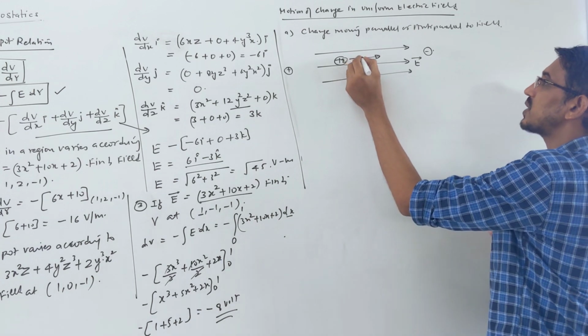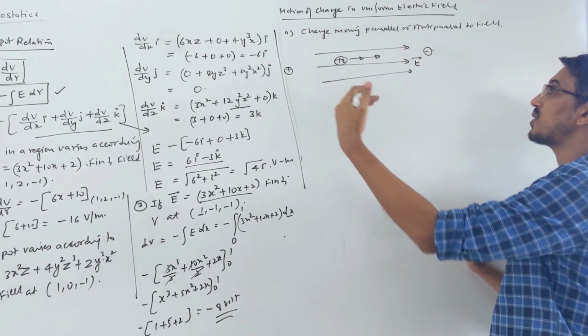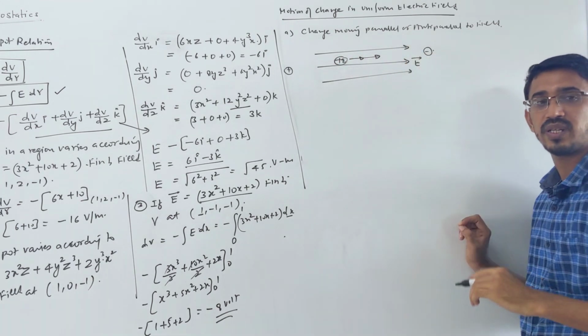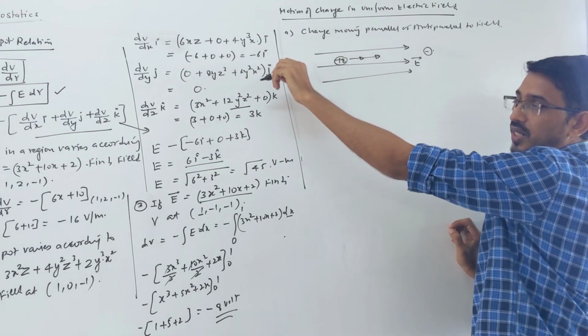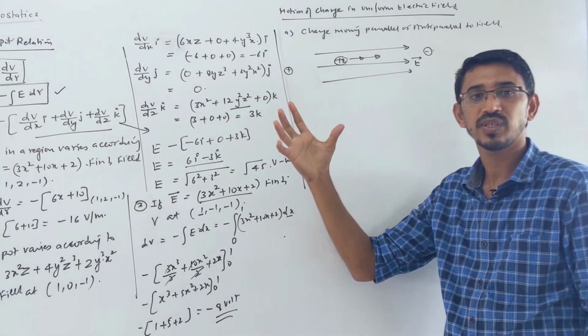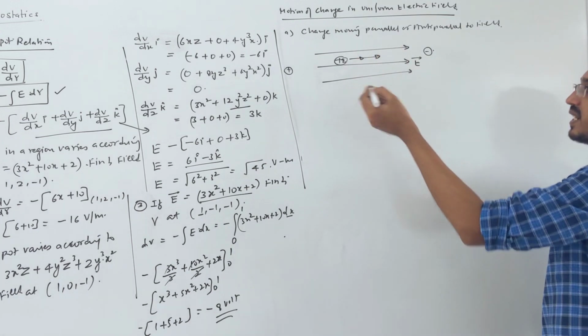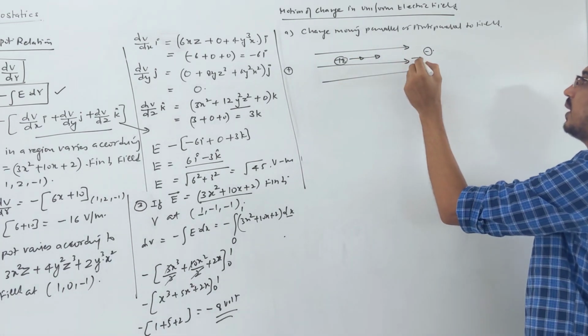So this charge q will start accelerating, so velocity will increase. It moves faster, but in a straight line only. It will not get deflected if it is moving parallel. Suppose the same positive charge is fired in the opposite direction, then the velocity will reduce, deceleration will happen. So your electric field can accelerate or decelerate a charge, depending upon how it is moving.